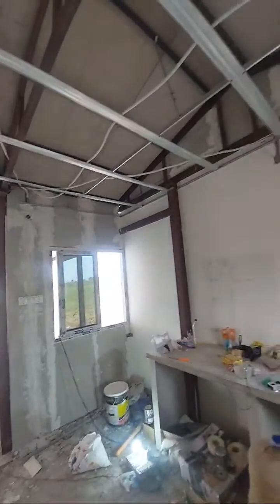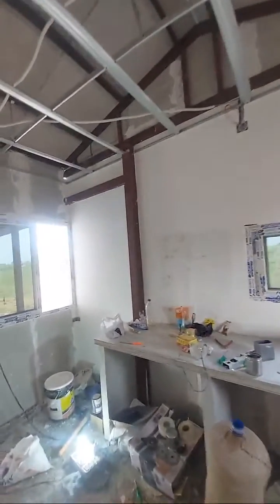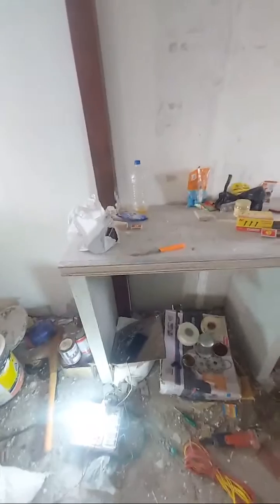Some part work is pending, so you'll not be able to see all this steel wherever it is now. We will cover it with gypsum or fiber cement board, and on the top this will come with the false ceiling. Here the platform also we have used with the